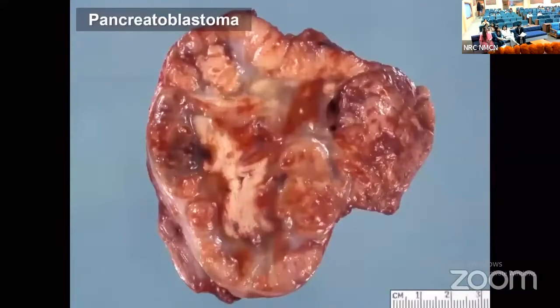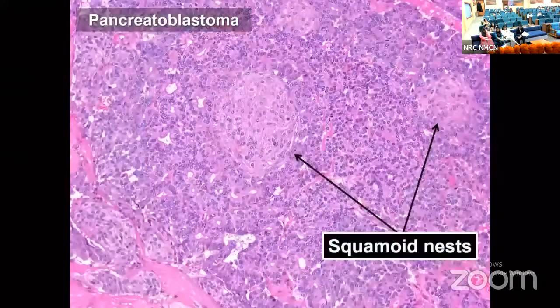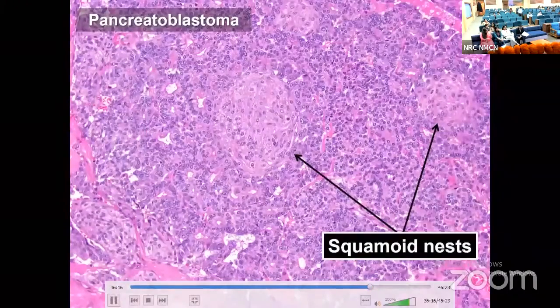Like acinar cell carcinomas, pancreatoblastomas tend to be large, bulky tumors on gross examination and are also very cellular. Pancreatoblastomas are organized into lobules separated by variable stromal bands. As I mentioned,